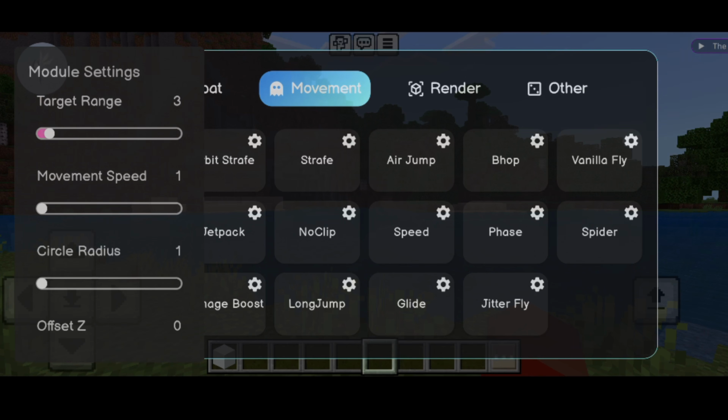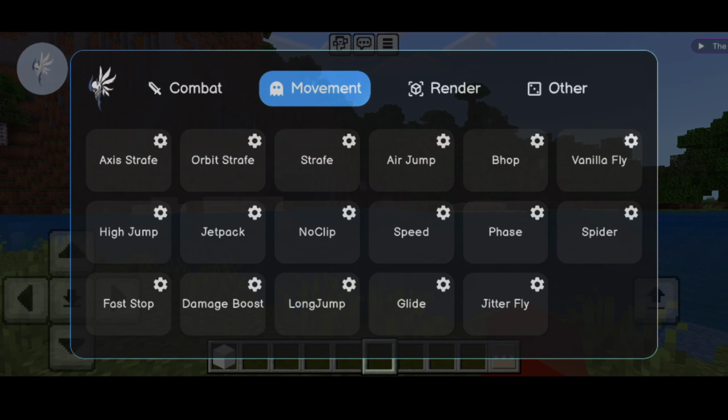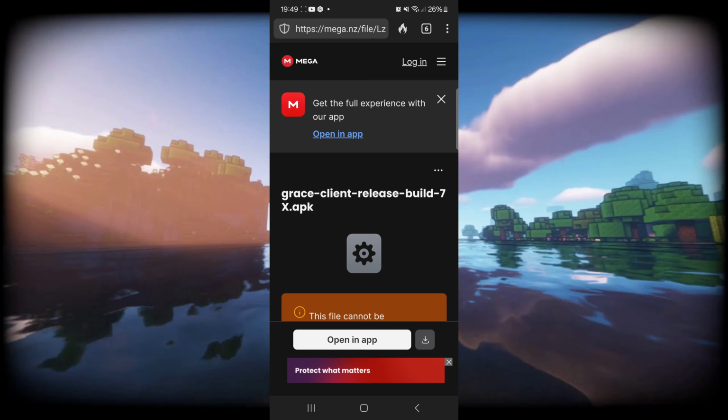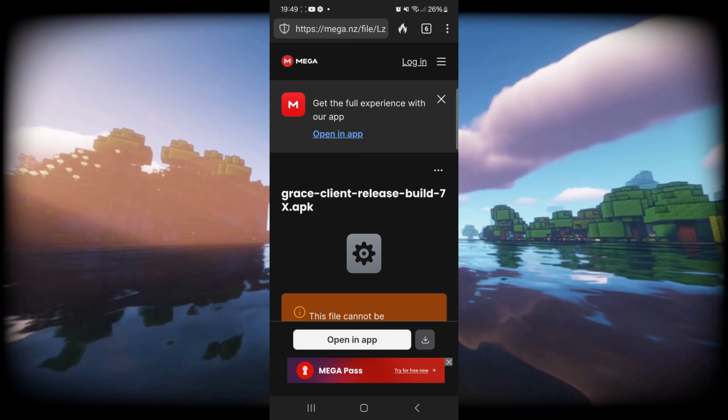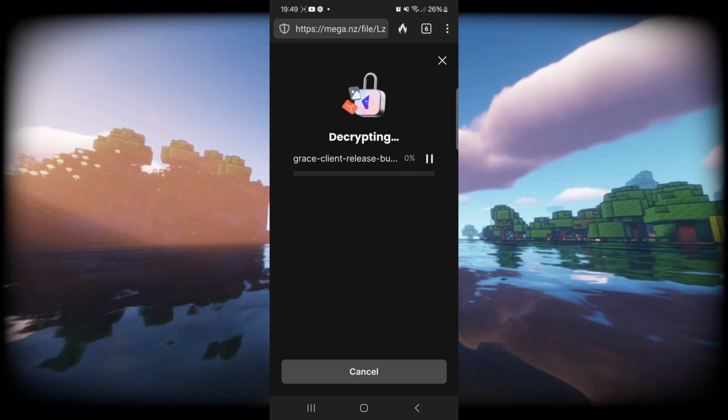I'm showing you Grace Hack Client for MCPE. So to get it, you want to head over to the download link, which is going to be down in the description below. This will eventually bring you to their download page right over here. That's where I'm currently at, and I can simply click on this download button, and then the download will start